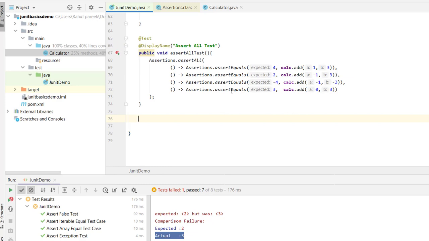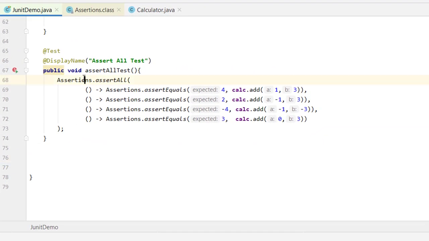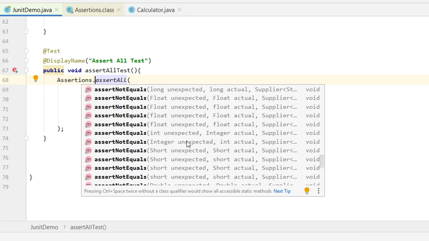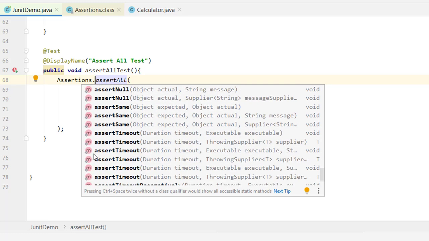There are a lot of assertion methods, if you go through all the methods in the assertions, let me show you. There are a lot of methods, and we can do experiments with many of them.